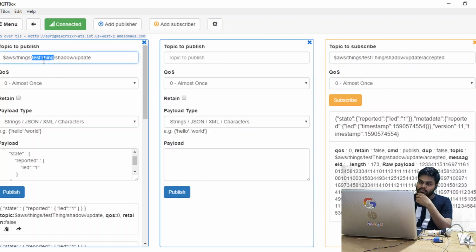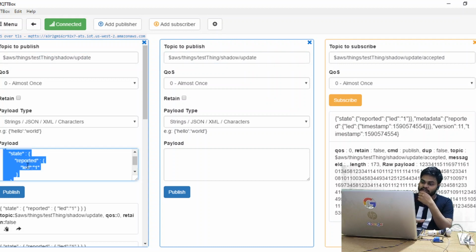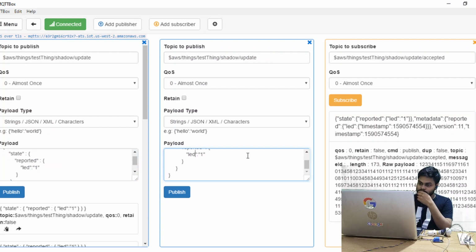We are publishing on the same topic in the case of the button, and the data will be in the same JSON format. We are publishing on this button with value 1. The first click will be 1, the second click 0, the third 1, then 0, 1, 0, which means we are switching between 0 and 1.